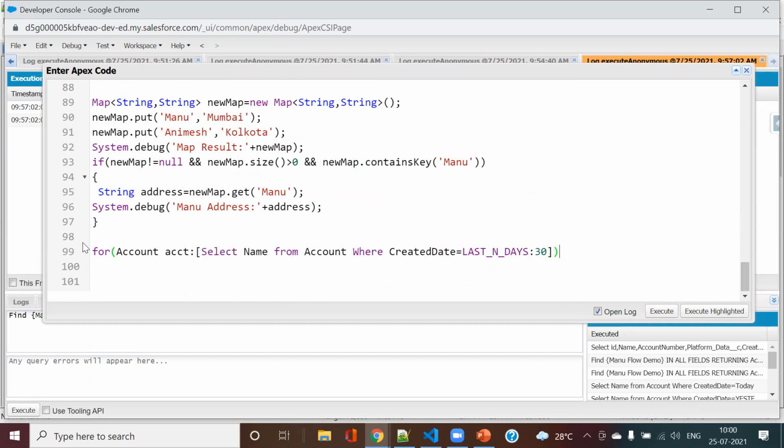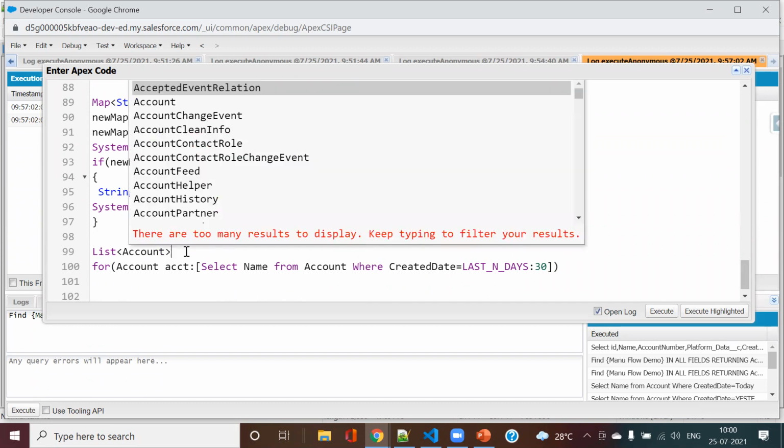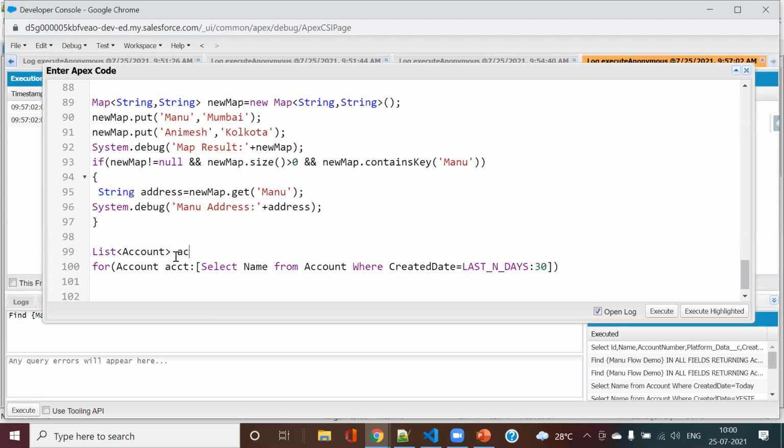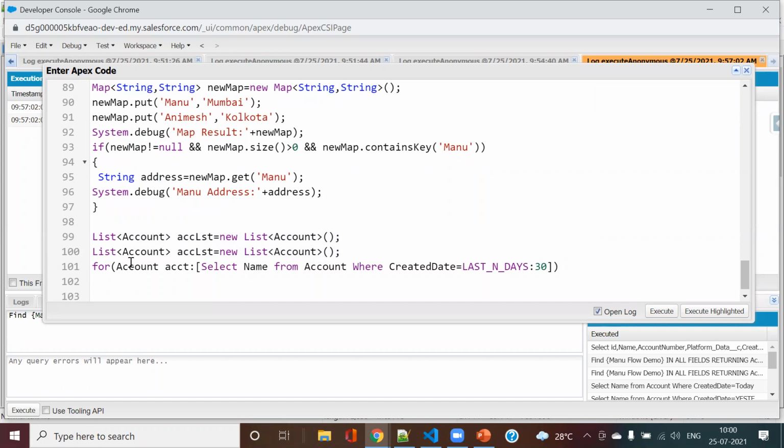Before that, I will have 3 variables. A set, where I will take account IDs.